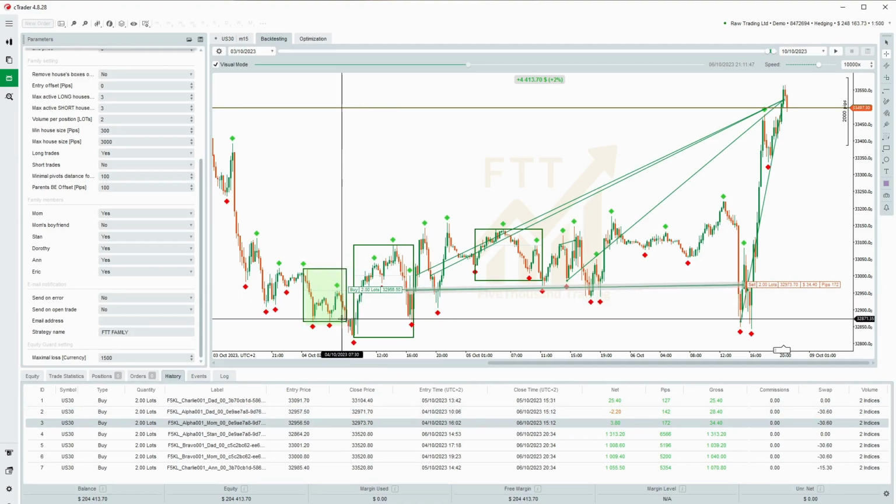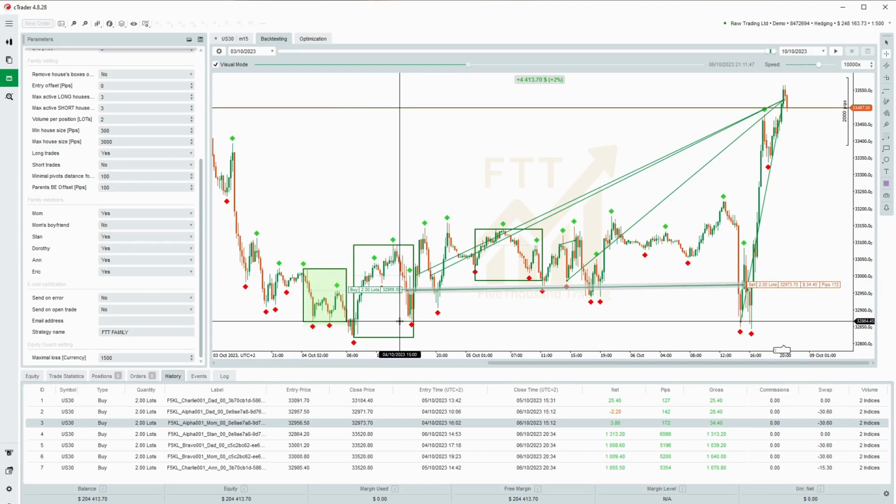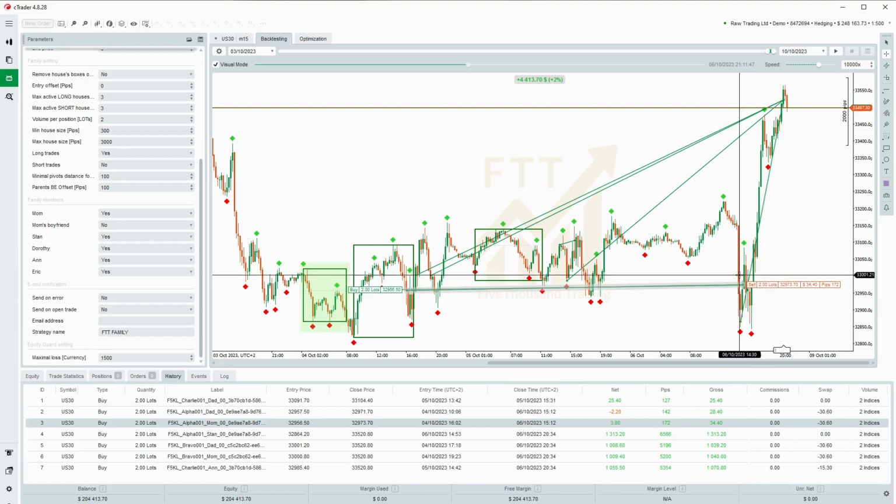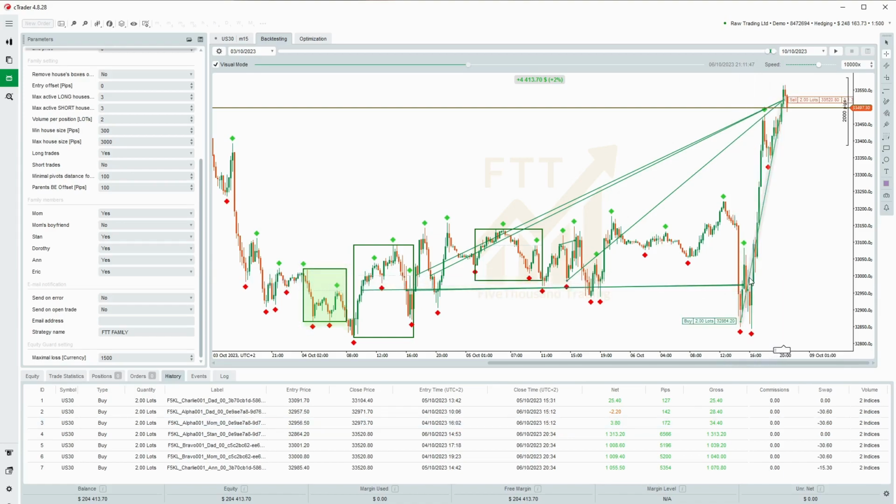the house. But that didn't happen here because the price turned just above the pending limit order for Stan. It only happened here when liquidity was taken out below the previous lows. As Stan joined the alpha house, both parents automatically closed at their entry prices when the price came back. Their positions closed 10 points higher according to the parents' B offset setting, which is 10 points on this Dow Jones instrument. The second beta house picked up Dad, and as the market again made at least one full candle